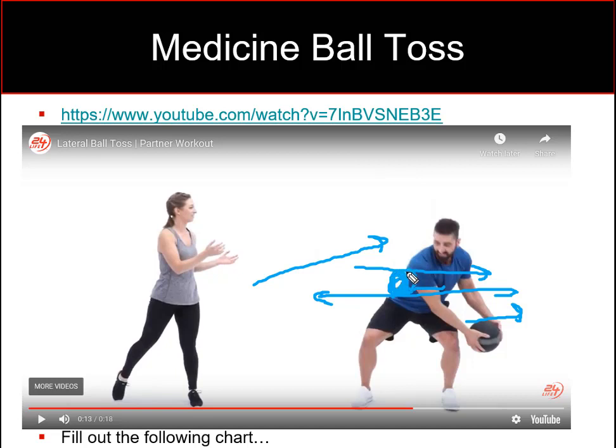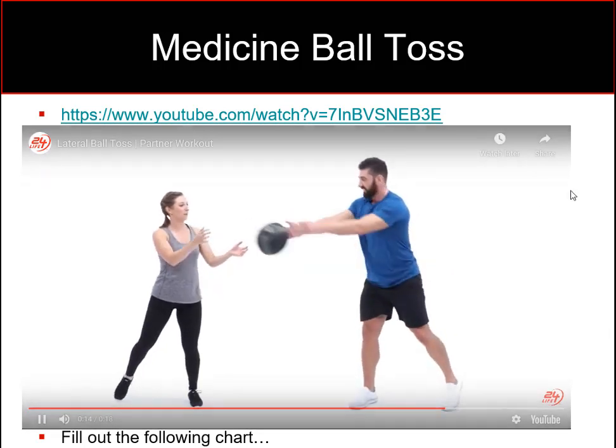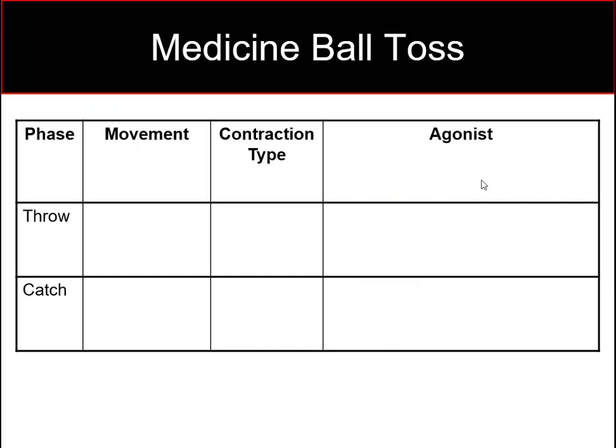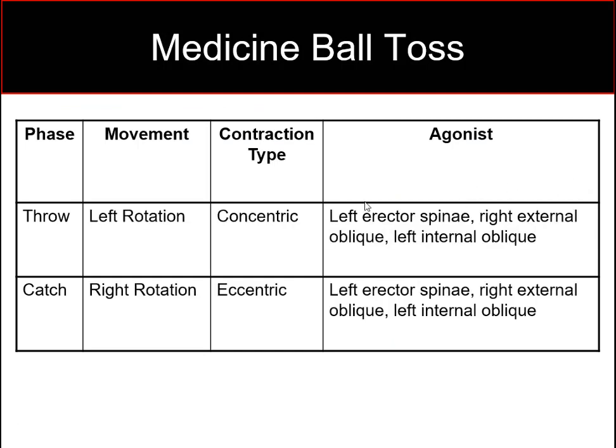He's working his right internal oblique, left external oblique the entire time. She's doing left trunk rotation, so she's working left internal oblique, right external oblique the entire time. In order for them to change, they've got to turn around or switch sides. So the throw is the concentric phase, the catch is the eccentric phase, and depending upon who you're looking at, person on the left, person on the right,